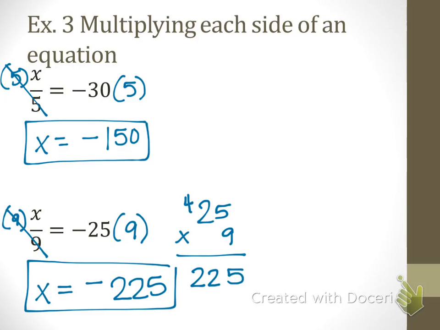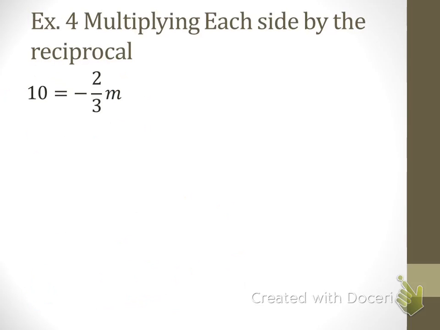Okay, in this next example, we're going to deal with whenever I have a fraction in front of the variable. Now, remember yesterday when we went over KFC, keep, flip, change. I can never divide by a fraction. Remember that? So in order to get n by itself, technically, I would need to divide by a fraction. But because I can't do that, instead, I'm just going to multiply by the reciprocal, which what that does is,